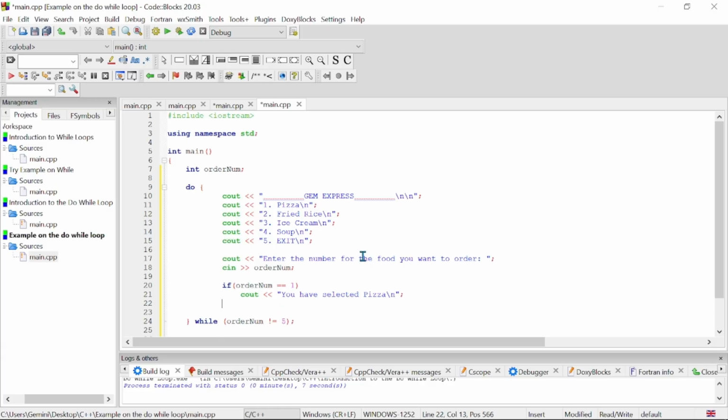Then we can do else if our order number is equal to 2. Then we can tell the user you have selected fried rice, then we end line,